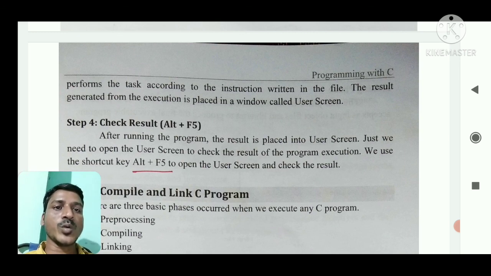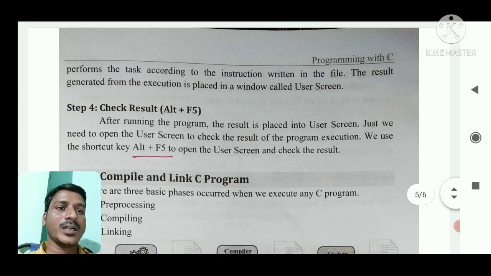After running the program, the result is placed into the user screen. Whenever the executable file has finished running, the result is placed into the user screen. We just need to open the user screen to check the result of the program execution, so we simply use the shortcut key Alt plus F5.